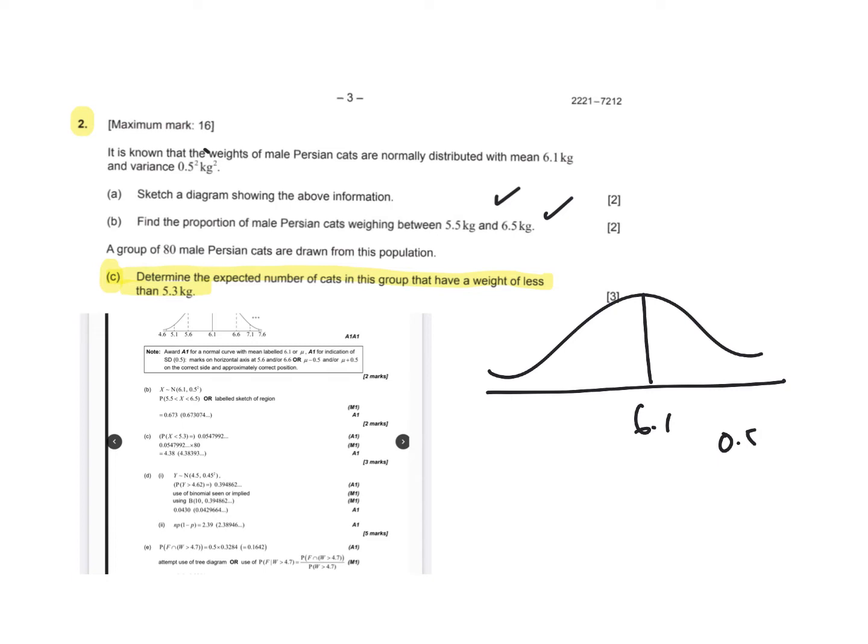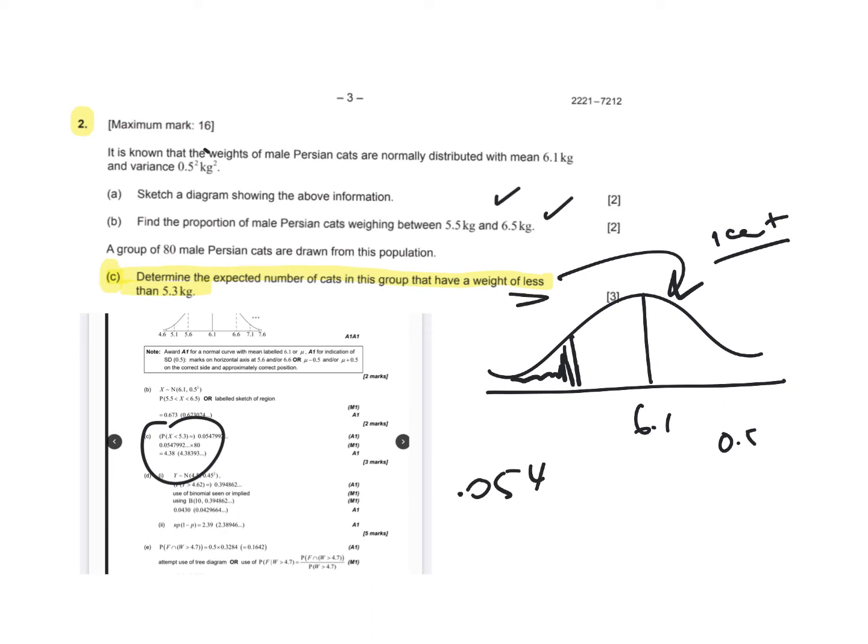kilograms. Now, in this C part, you have to recognize we're still looking at this normal curve. We're not talking about groups of 80 cats in here. We're looking at the probability of one cat being less than 5.3. So here's the 5.3, this probability. And if I find that probability, it says it's 0.054. That probability is the probability of one cat being less than that. And then I multiply it times 80 because I know that's how many I would expect to be under